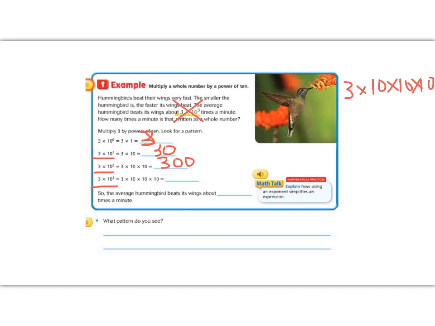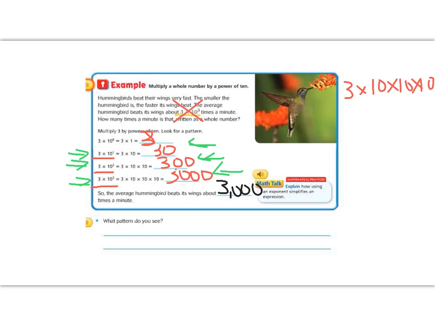So 10 times 10 times 10 is 1,000, times 3 is 3,000. And you can see that each time that exponent number got bigger, so did my number of zeros, because I'm multiplying by another group of 10. So to answer the question, the average hummingbird beats its wings about 3,000